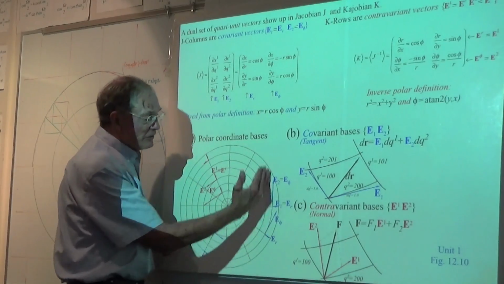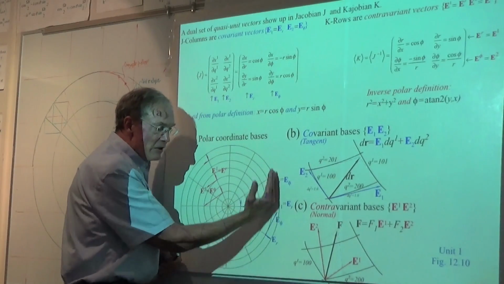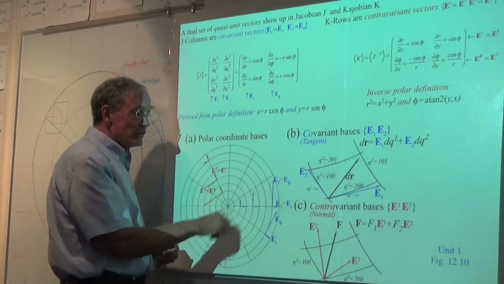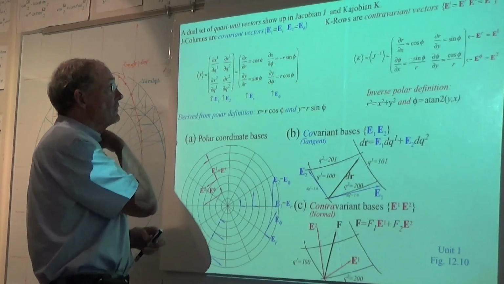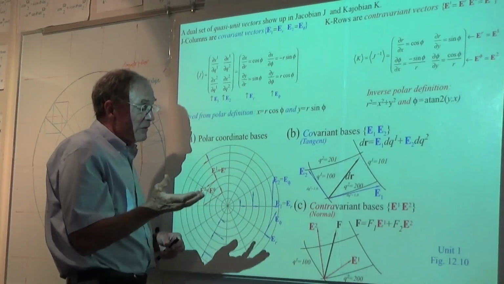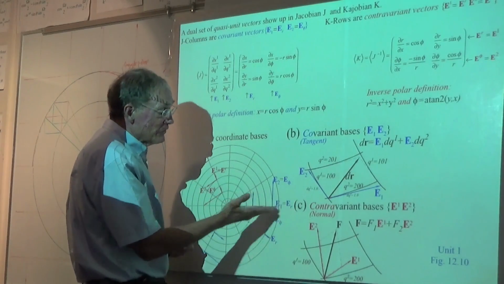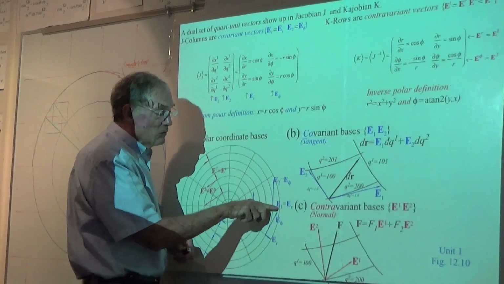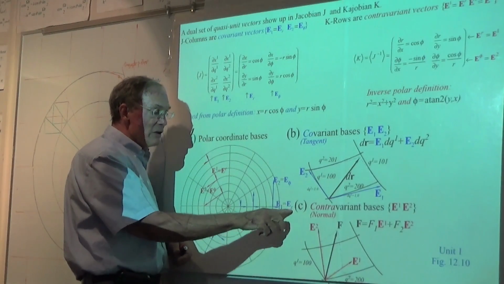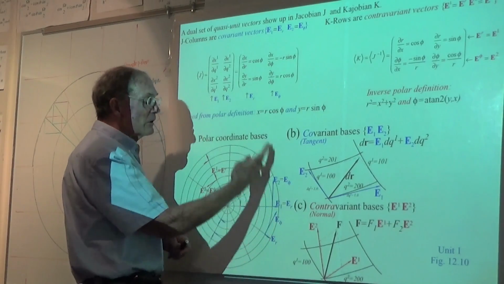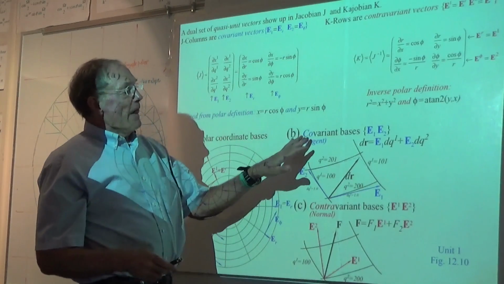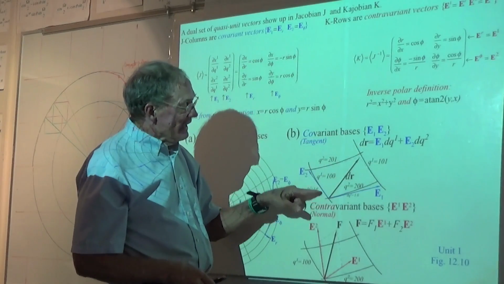You see how these things are glued, sort of tangents to their respective coordinates? That's because they're partials of the x's and y's with respect to that coordinate. That's just showing where you're going to move if you jack up the value of the radius. If you jack up the value of phi, that's where you're going to move. Okay? So covariant bases are always tangent